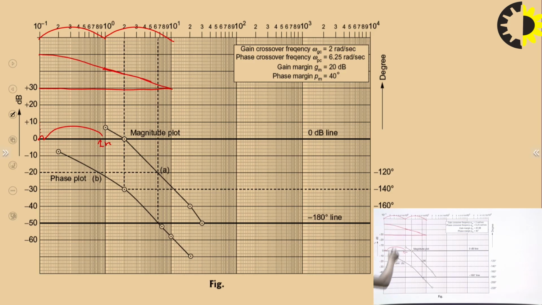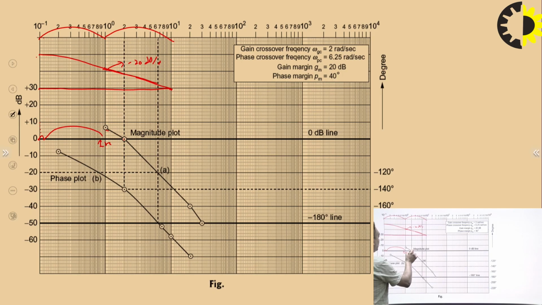this line slope is minus 20 dB per decade, because from here to here we are moving 20 dB, and this is 1 decade. So this line slope is minus 20 dB per decade. Similarly, if you join this line, it will give you minus 30 dB per decade. That depends upon your scale and your semi-log paper. So at one frequency we are getting the value, 6 point something, so we are having this point, then we are getting this point.